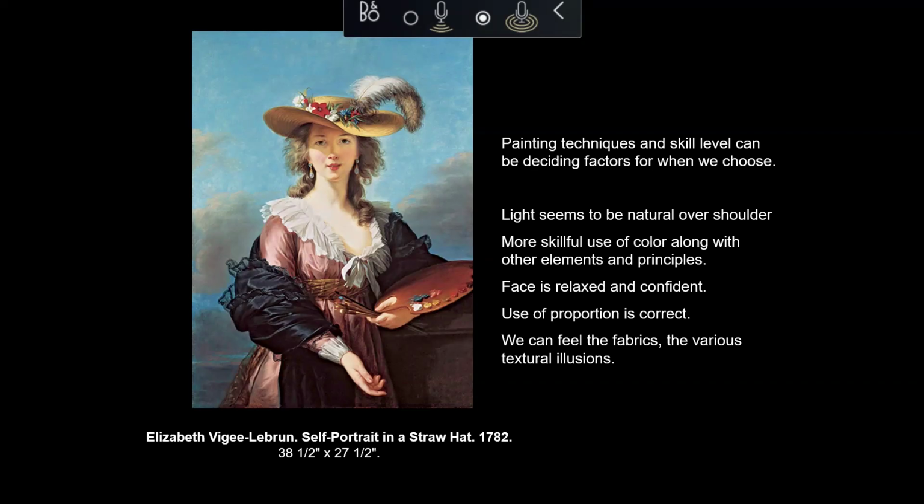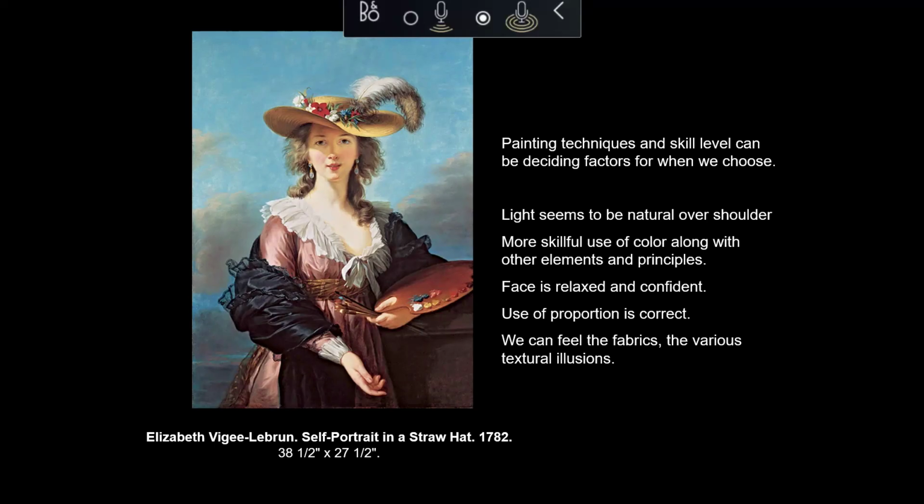So we'll talk more about that later on in the semester, but we are talking about chemistry, and the way that the eye looks at things, and so that also means physics. And of course, we're talking about the skill level and how the eye, the mind, and the hand all work together, and the psychology of how we look and identify with things like a feather. You know what a feather feels like because you've probably experienced it somewhere in your lifetime. So looking at the feather on this hat, you can say, hey, feather, and you feel it and you know